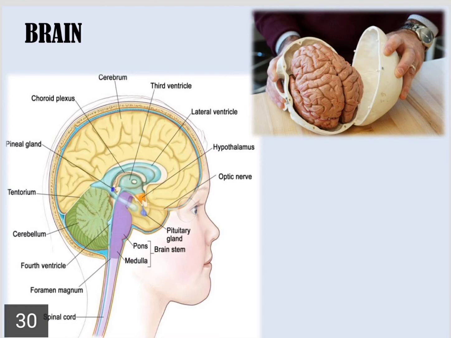And then the third part of the brain is the medulla oblongata, which is the purple part shown in this diagram. That is the smallest part of your brain, and it gets extended into the spinal cord, that is your vertebral column, okay. So the three main parts of the brain are the cerebrum, the cerebellum, and the medulla oblongata, which gets connected, or you can say elongated, into your spinal cord, okay.